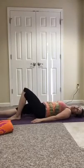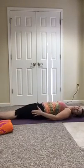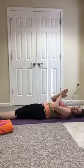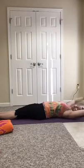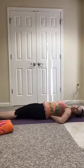We'll slide the legs out all the way straight here, right? Squeezing your inner thighs together, squeezing your ankles together. We're going to take the hands up over the head for our roll up, right? If you need some help with this roll up, take your hands and put them underneath of your low back. Before we even start,